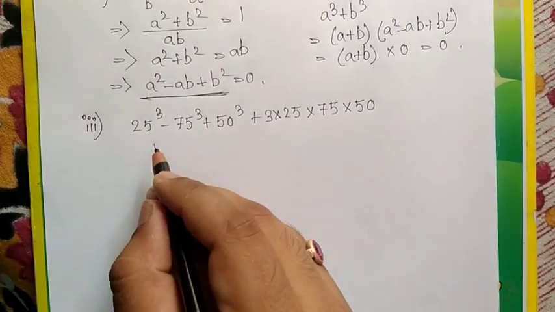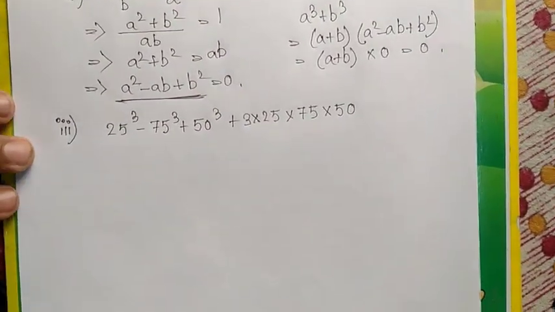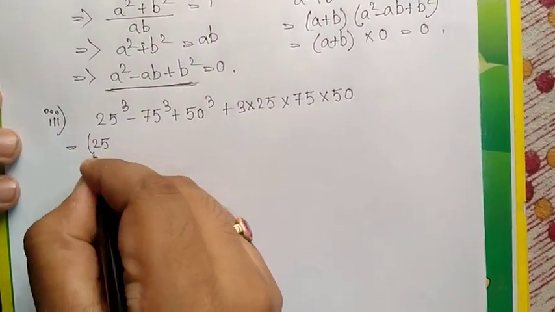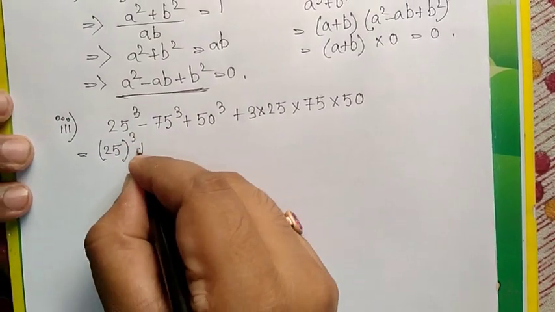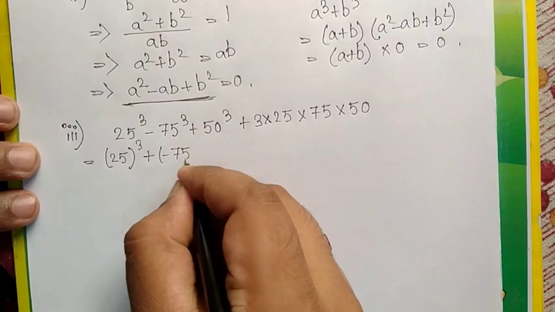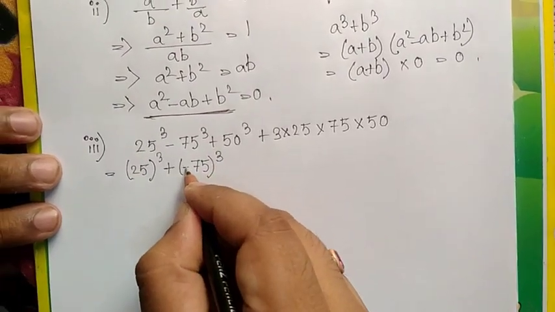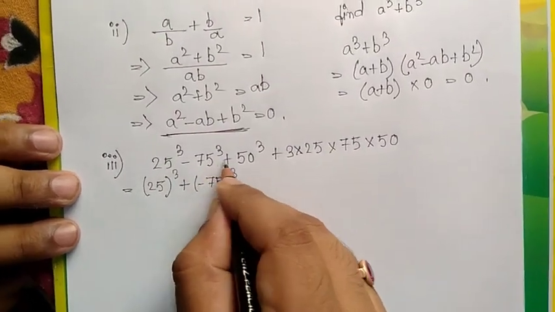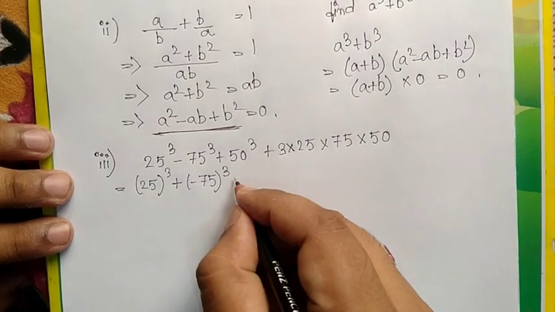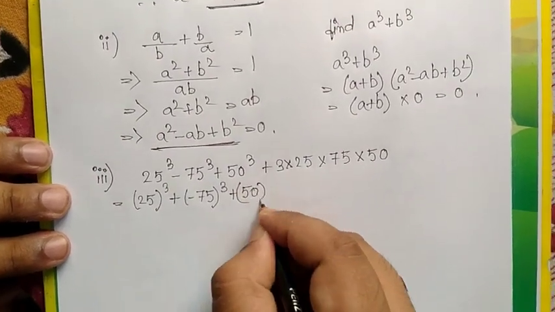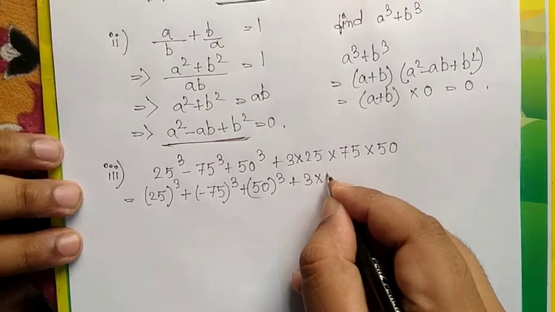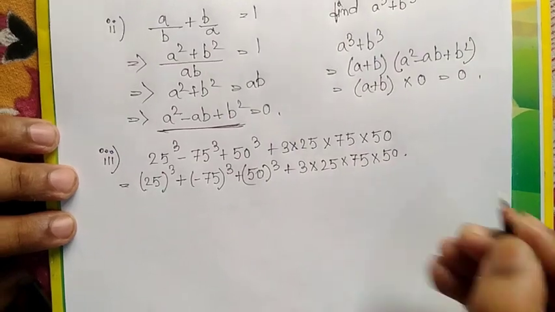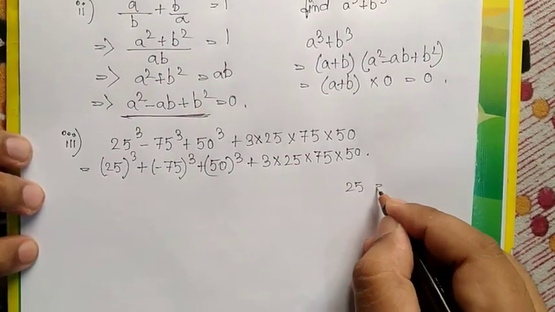Now sum number 3: find the value of this, simplify it. In the first line we can write 25 whole cube and minus 75 whole cube, and the sign will be minus, plus, minus, minus. So minus 75 whole cube we can write in this form, plus 50 whole cube, plus 3 × 25 × 75 × 50. Now let 25 equal a,